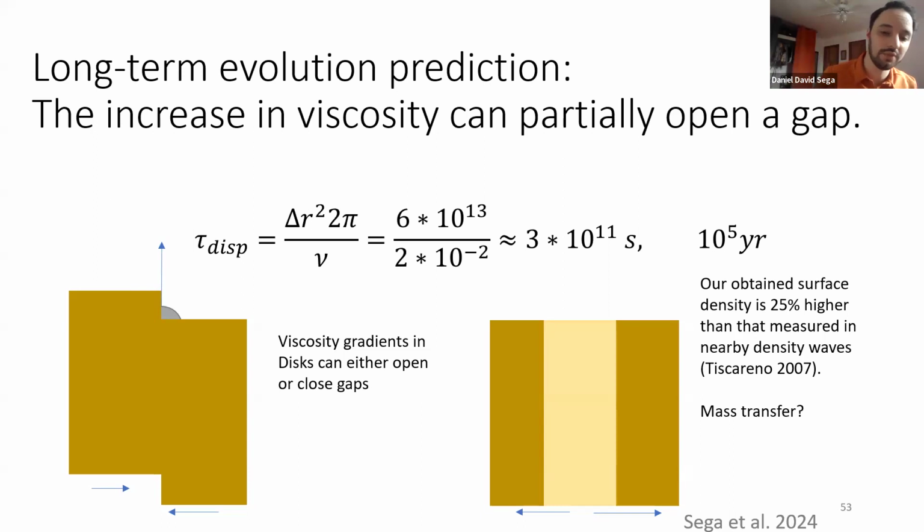And when we look at our surface density for our bending wave, our study and also previous studies for that bending wave, which there was one by Donna Gresh, says that the density is higher, by 25%, in the Prometheus density wave than in the bending wave. So the density in the bending wave is already lower than the surrounding areas according to other measurements. And maybe this is due to the fact that there is this increase in viscosity, so particles are going to be moving radially.